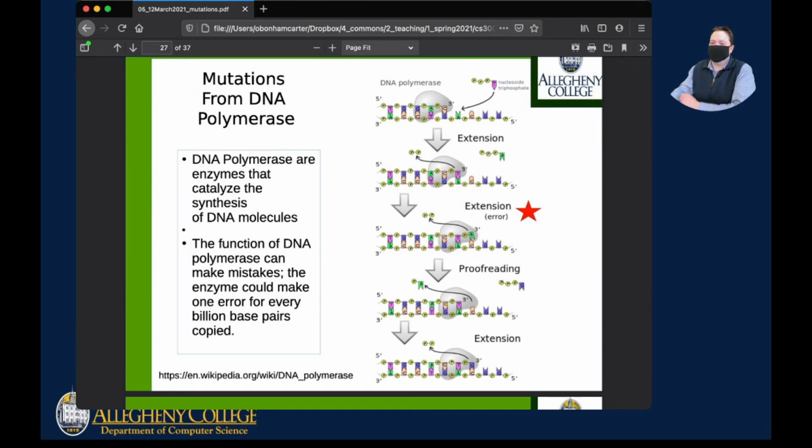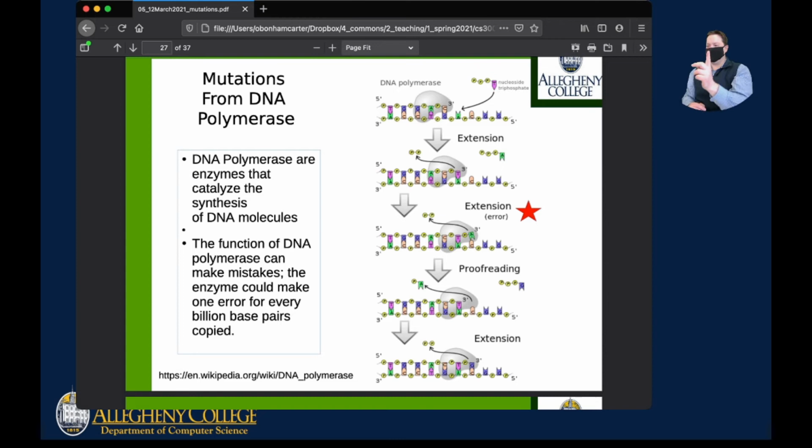So this is what they call the polymerase here. Your polymerase is what you work with when your DNA is being copied. A DNA polymerase is an enzyme that catalyzes the synthesis of DNA molecules. So what you're doing here is taking your DNA. The DNA comes apart. You have a strand over here, your parent strand, and you're trying to build your daughter